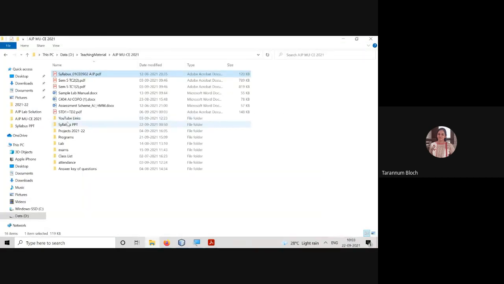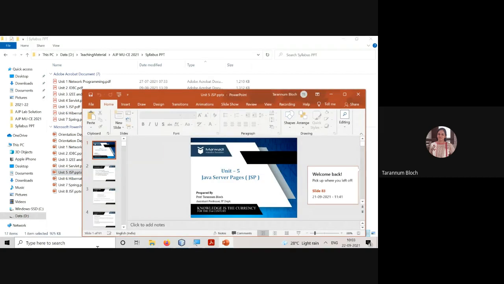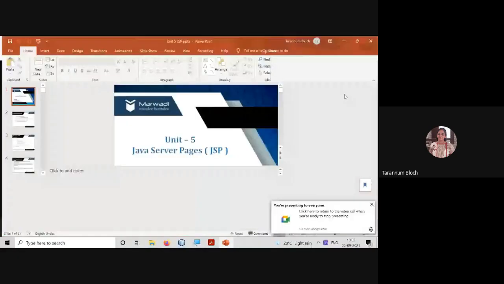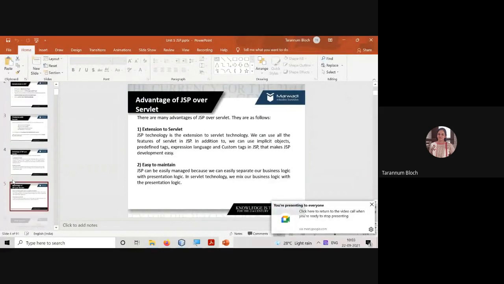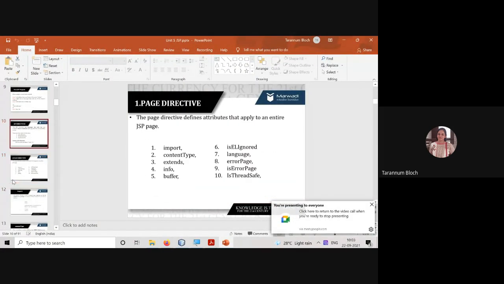Fine. Do you recall that in JSP we have discussed the page property? What is the page property? The page directive, and what are the properties? We discussed the JSP page directive.